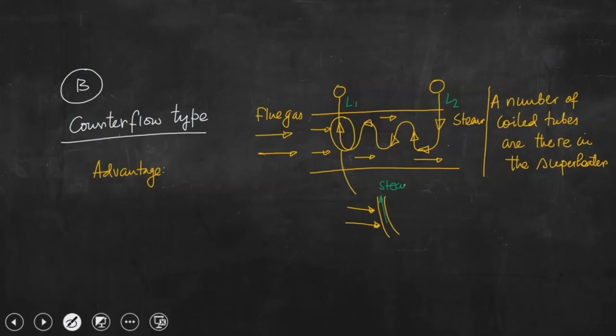So, this is the steam flow. So, this is steam and the flue gas. So, tube inside and outside temperature at this particular location is very high and which may cause the damage of the tube. So, this is the disadvantage. Before coming to the advantage, let us first write the disadvantage. So, the disadvantage is that at L1 tube inside and outside temperature